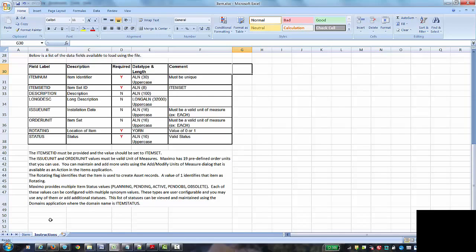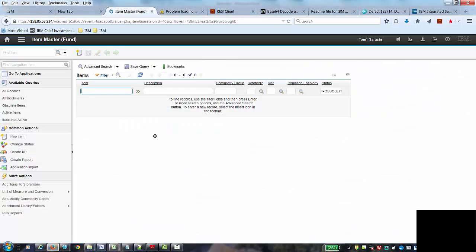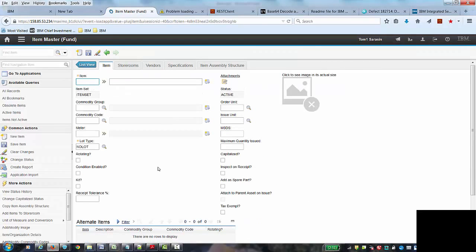Now, one thing I also wanted to point out here, when you look at the list of fields, like I said earlier, this is obviously a small list of fields. One thing you can do, and I'll do it for this application, but it really applies to any of the applications: if you determine that there's additional fields related to items that you want to include as part of your data loading, you can add those fields to the spreadsheet. One way to do this is to go to the item application. I'm going to start a new item, and just for this example, what I'm going to do is look here,